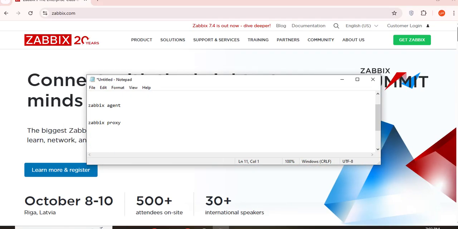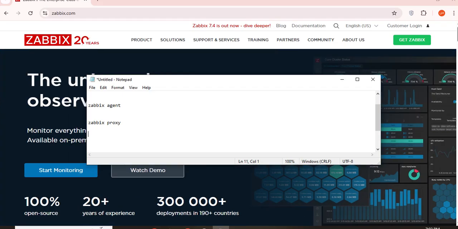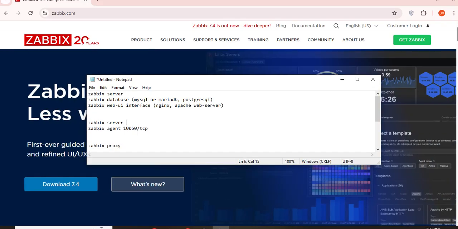Let's talk about the Zabbix ports. Let's quickly go over some of the ports Zabbix uses, just so we know what's going on behind the scenes. The Zabbix agent listens on port 10050 over TCP. The Zabbix server works on 10051 over TCP,